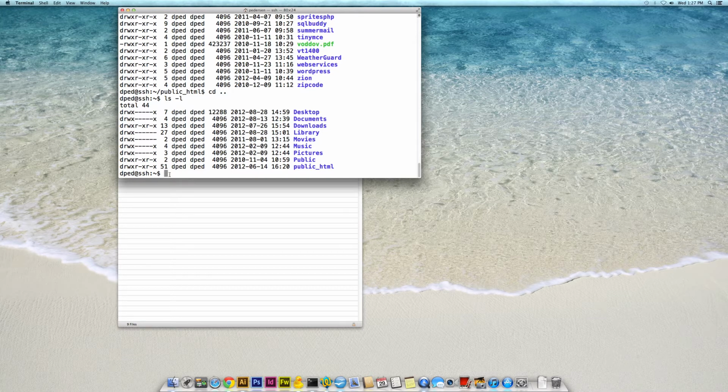The command to do that is chmod, C-H-M-O-D, space, and we can use an octal method for setting permission. The best way to describe that is using octal digits. You get basically a text equivalent. So if you say 7, so chmod 7 for the owner, if you said 7 for the group and 7 for everyone, and then the name of the public underscore HTML,